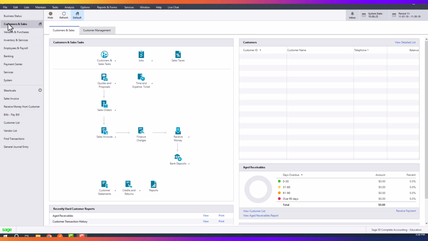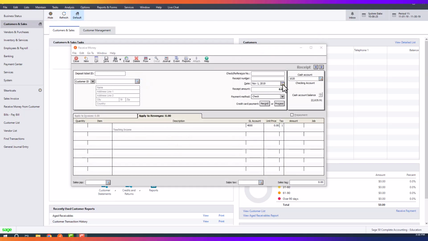Several ways to get there. If you're on customers and sales, you can click receive money and then receive money from a customer. So we're going to enter the date as November 3rd and then put that in for the deposit ticket ID as well. For the name, once again, we normally put the publishing company. We're just going to type in Book Royalty there. And then also for the reference number, I'm going to type Book Royalty there as well. And we type in that amount,